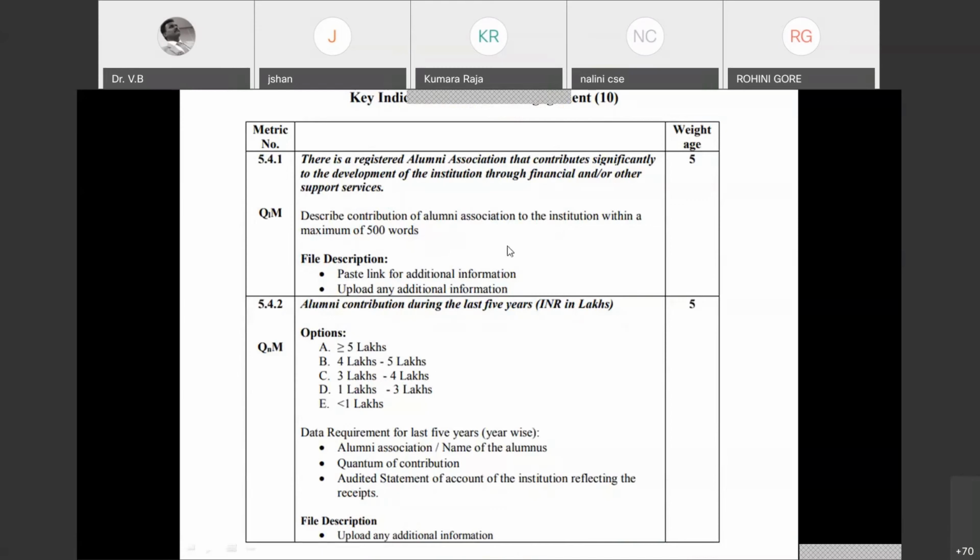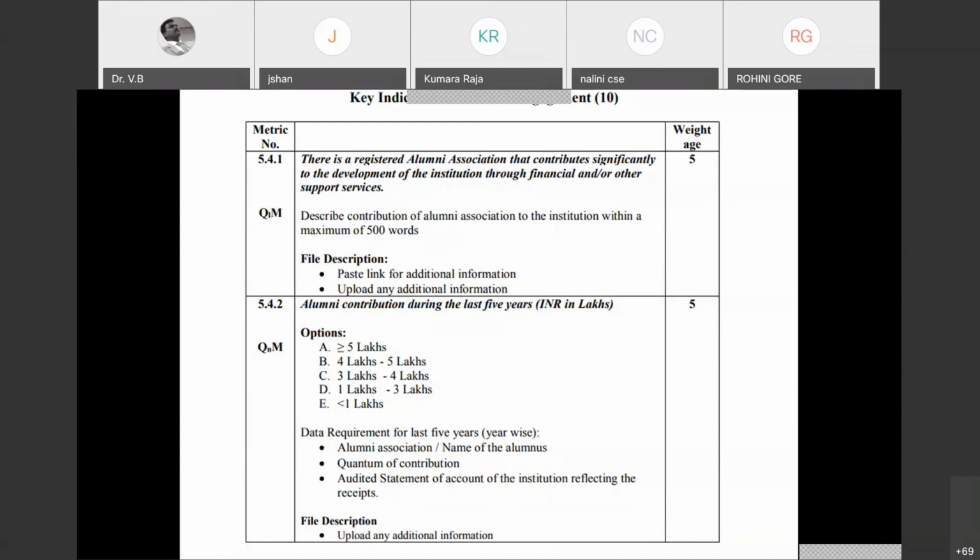And here, if you have the alumni, the information that you can upload is a tabular column indicating the date on which the alumni meet was held. And also that will be one document. And the next would be a series of photographs that were taken during the various alumni meets. So when you upload the photographs, for each and every photograph, please specify the date on which the alumni meet was arranged. Next is the alumni contribution, whether any alumni individually has contributed any amount of money,